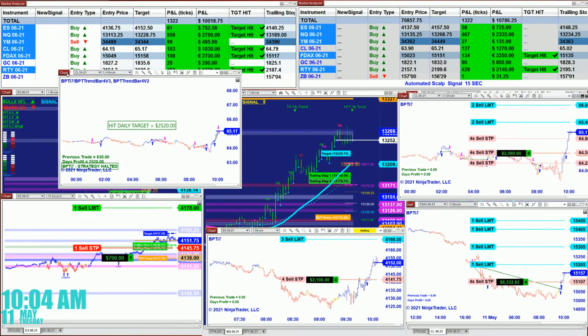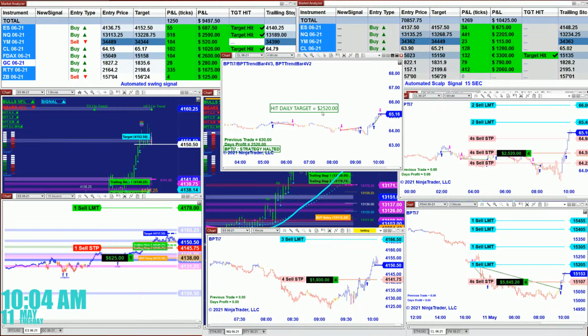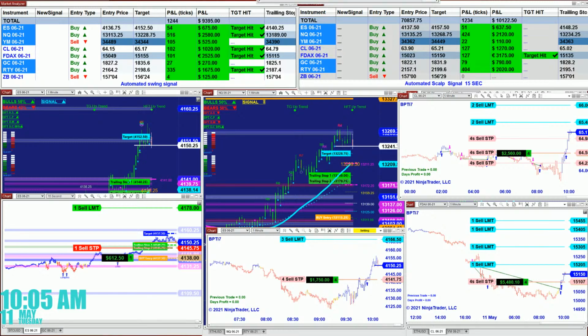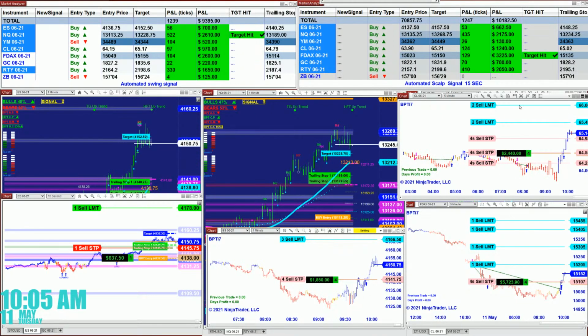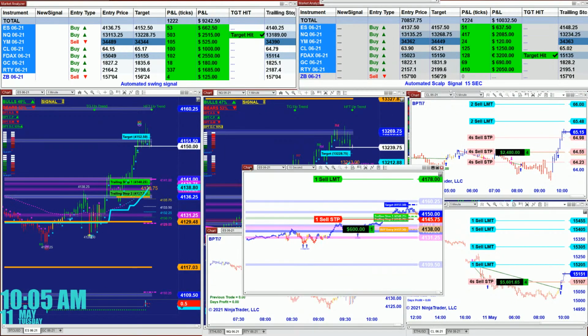The $1,000 daily target, because the market is going in our direction, we nailed 1,500 above our daily target, and so we are done with that one on the CL. The 4 minutes and the 5 minutes keep climbing to the same numbers, 65.48 and 66 level. On the ES,